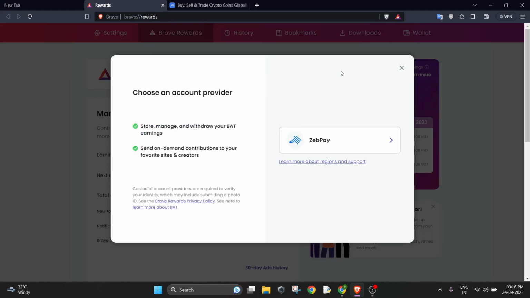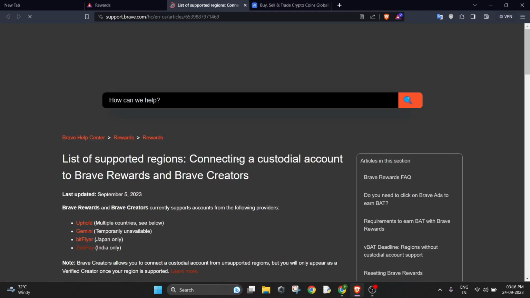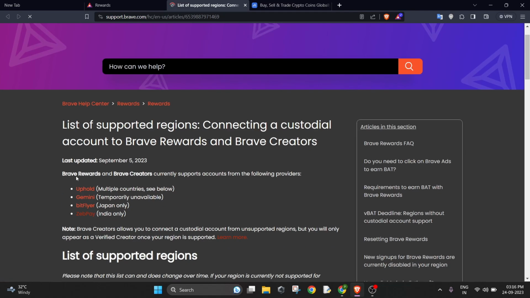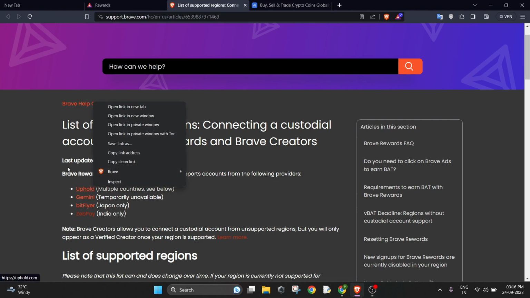If you click on this Connect button, as I told before, right now in India I am only able to connect it with the Zebpay wallet. But if you are in some other countries, there are actually four custodial wallets you can connect: Uphold, Gemini, Bitflyer and Zebpay. Bitflyer is for Japan, Zebpay is for India, and Gemini is actually the best